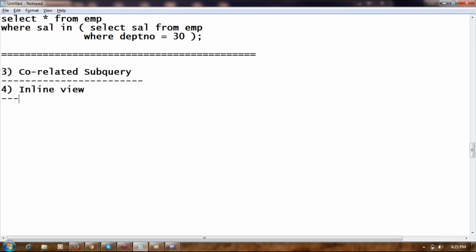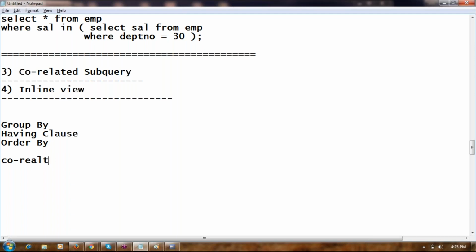So we need to discuss the group by clause, having clause, order by clause, then followed by correlated subquery, and then we'll discuss inline view. That's the order.